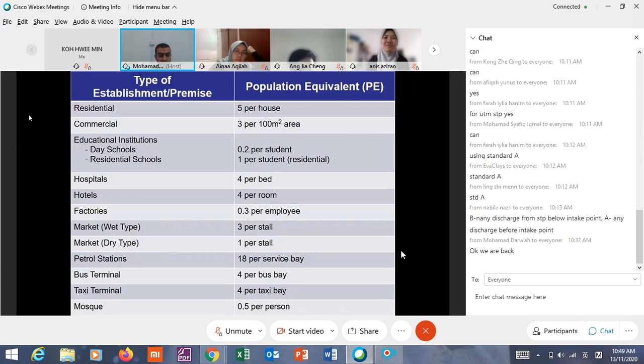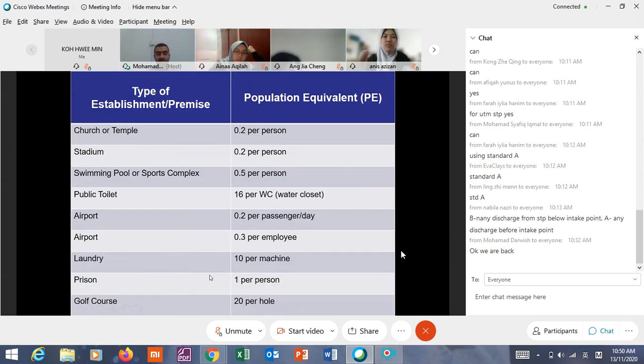We have the petrol station. It is per service bay. Okay, how many service bays? For the market, it is per stall. How many stalls? For the bus terminal, it is how many bus bays. For the taxi terminal, it is how many taxi bays. Okay, and so on. So for each premise, the PE is calculated depending on the water activity in that